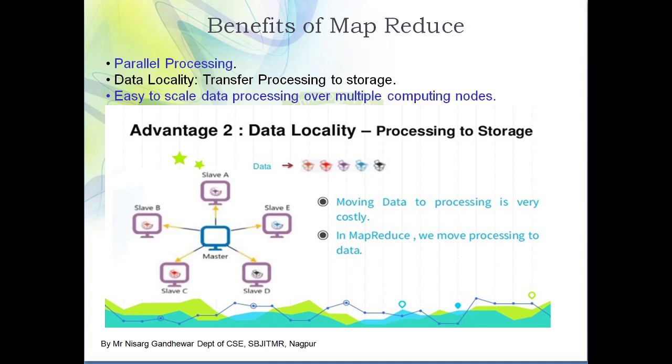So what is the problem in normal processing? As data is processed centrally, it takes more time and more processing power. But exactly opposite to normal processing, there is parallel processing. In parallel processing, the centralized node distributes the task to the 5 slaves, A, B, C, D, and E. Here you can see data is divided into 5 sub files and allocated to 5 different nodes. Now these 5 different nodes can process the data on their own.